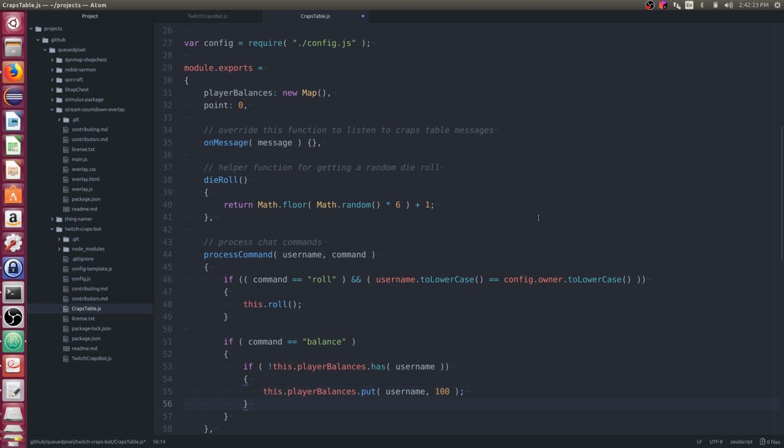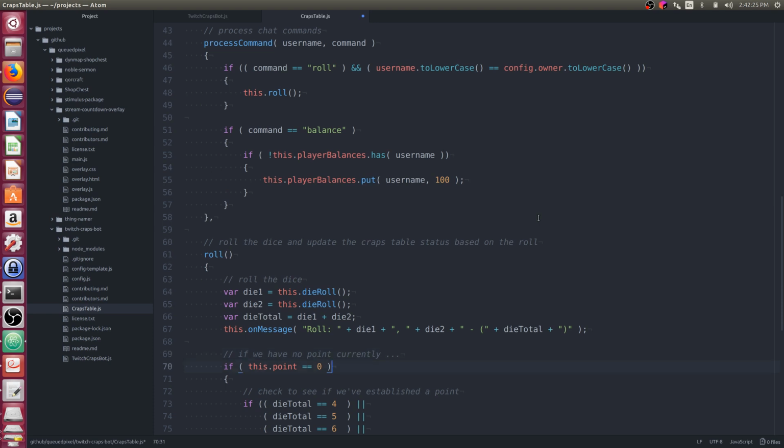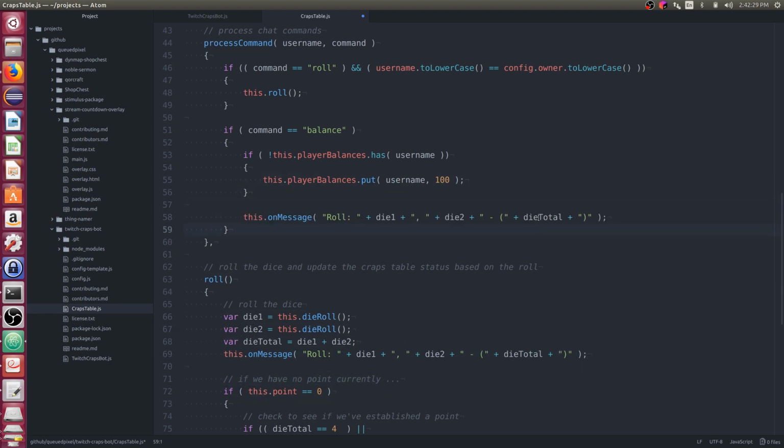And now we want to actually log or send a message to the player. So let's do this dot on message. Let's start with their name, username plus a space. Then let's get their balance here.